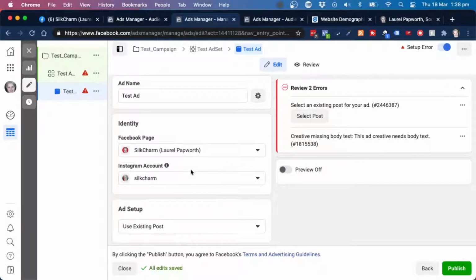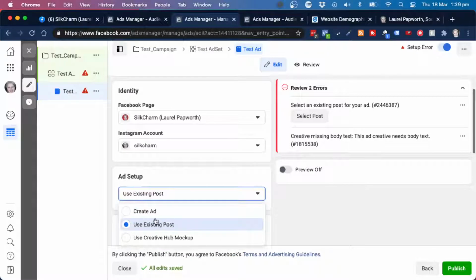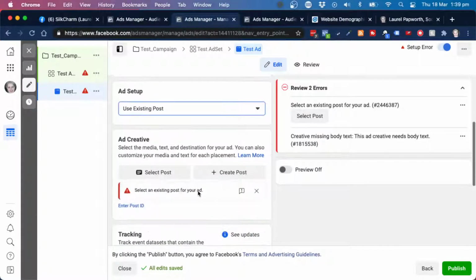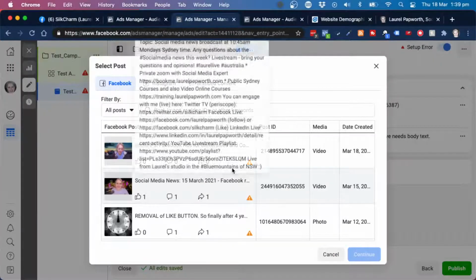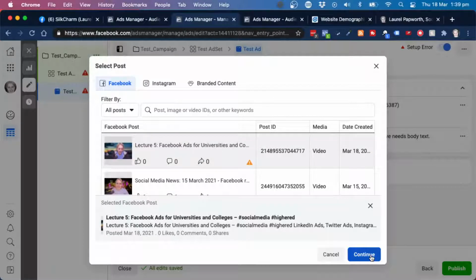So I chose to boost an existing post. Do you remember that? Right back at the beginning when we chose campaign. So when I choose, now I could create an ad, which just means an image and text. But if I want to boost a post that's already doing well, then I come in here and I select the post. It doesn't like my video post, but that's too bad. And I click